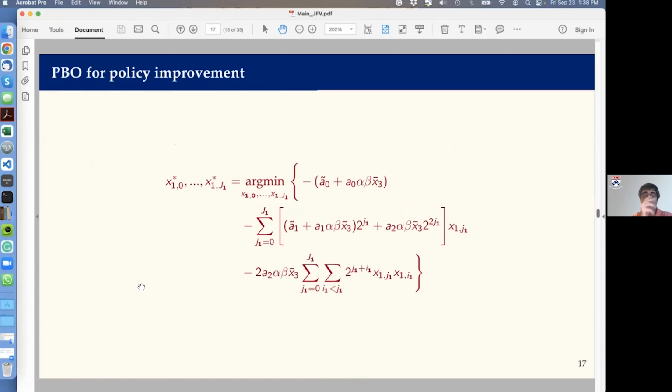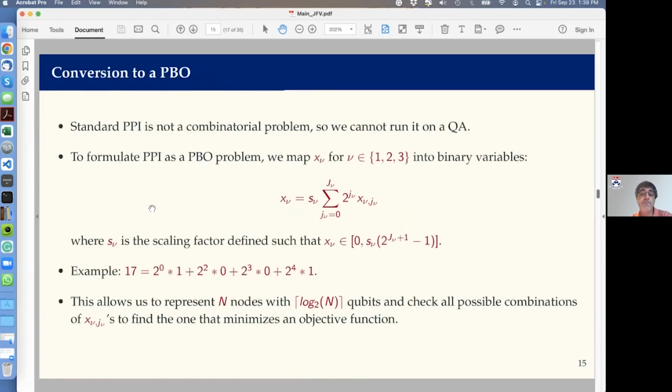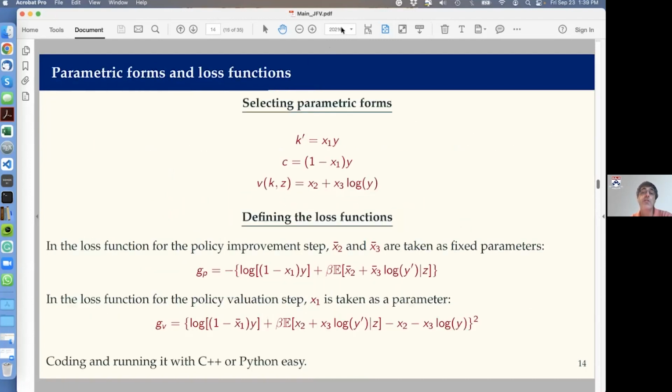And that means I can write my policy improvement. Okay, so remember, going back a little bit, this was the policy improvement before. The policy improvement was, I'm going to pick my x1s such that, given my x2 and given my x3, the right-hand side of my Bellman equation is as high as possible. And why do I want to do that? Just to remind you,